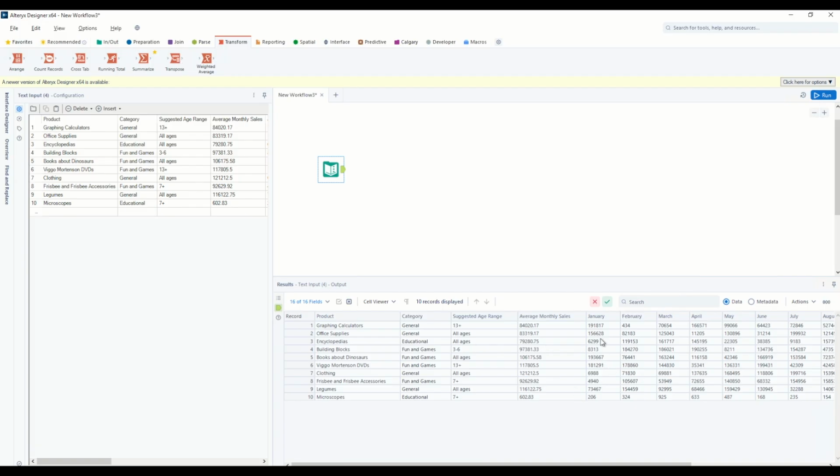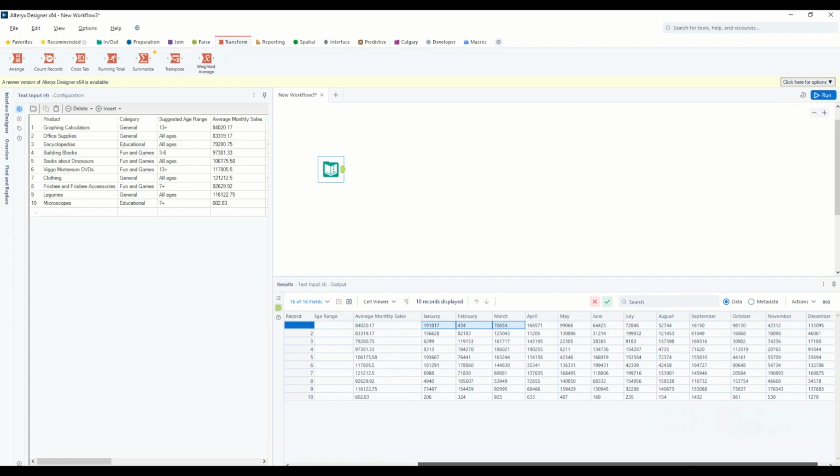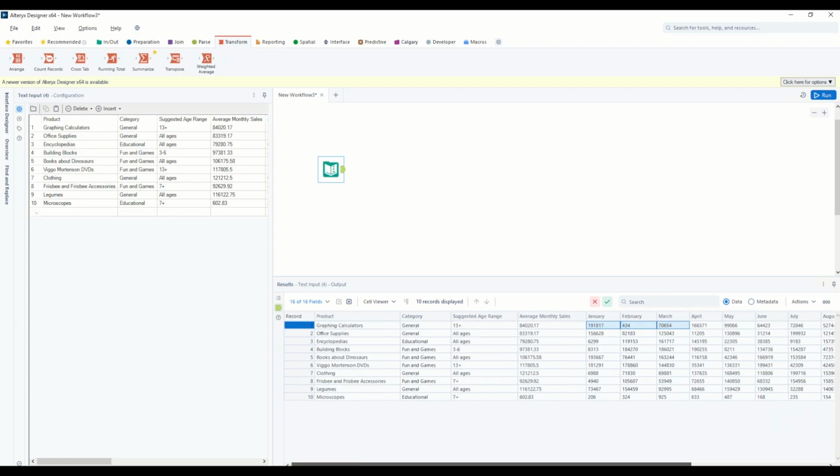For example, in our sample data here, we have some graphing calculators that are 13 plus with some average monthly sales, and we see the sales are listed across the columns. Well, having sales across the columns is sometimes not conducive to work in Alteryx. So let's say we want to transpose these columns to be 12 different rows for this graphing calculator product instead